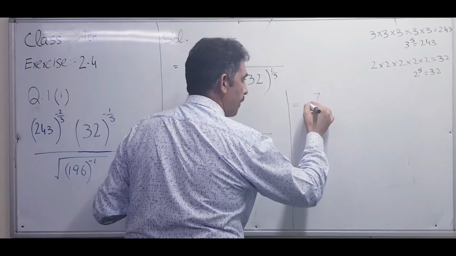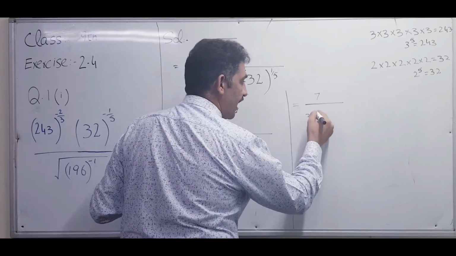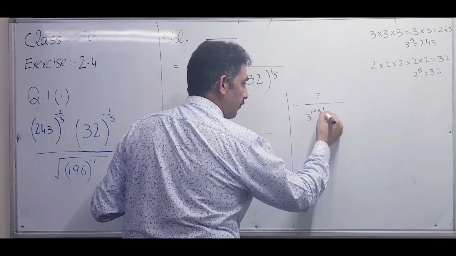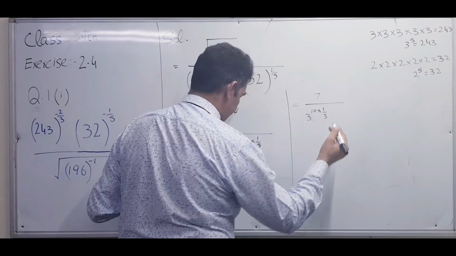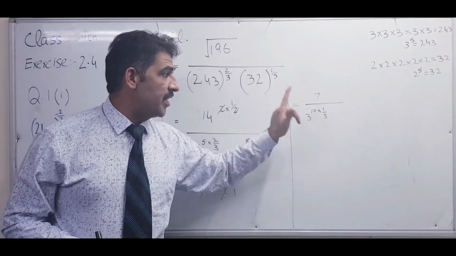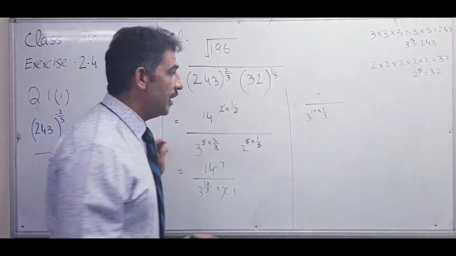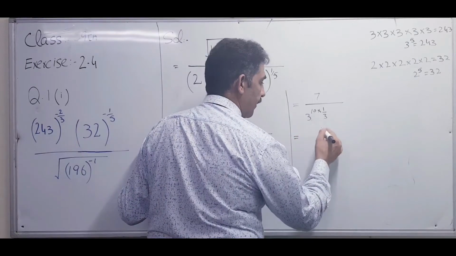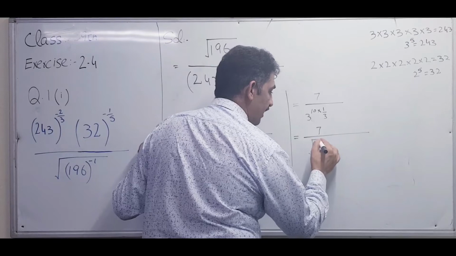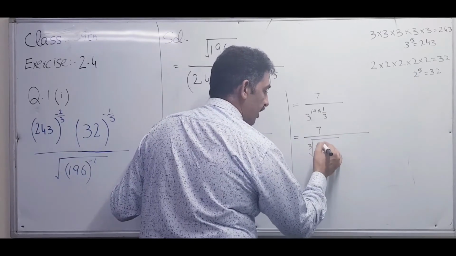7 times 3. Can I write that 3 into 10 exponent 10 into 1 over 3, because these 2 cancel. Why am I writing 1 over 3? Because I want to make its cube root. Like here when I write that small 3, then the 1 over 3 work is finished.